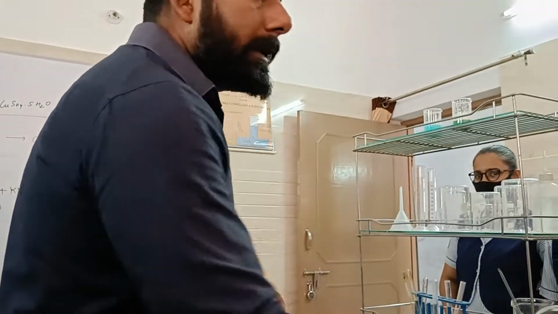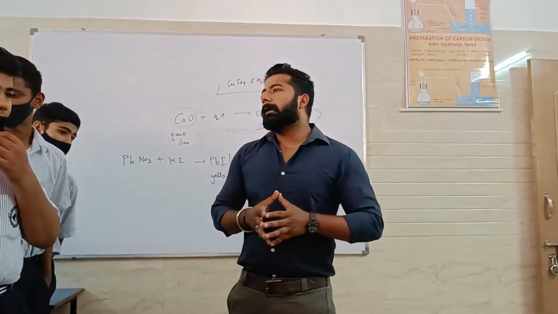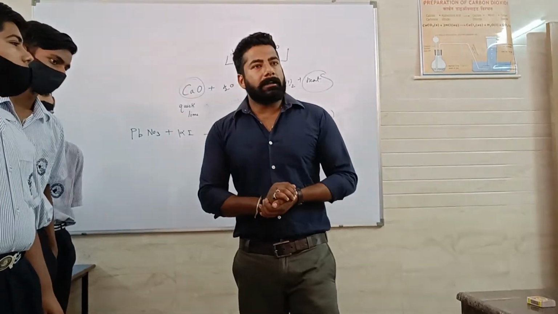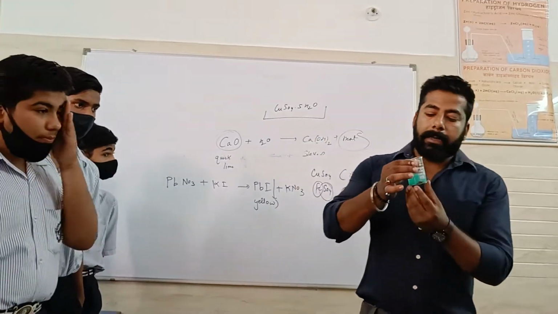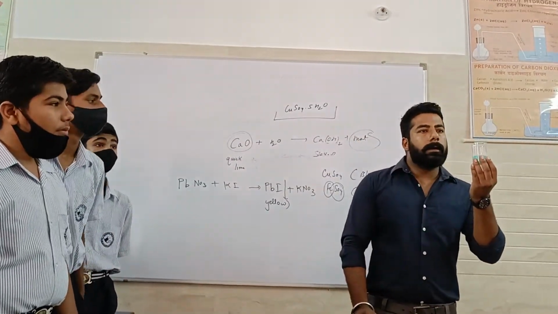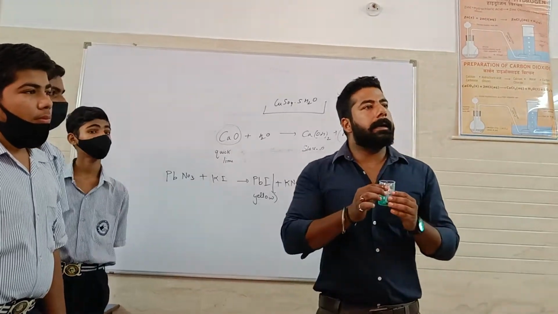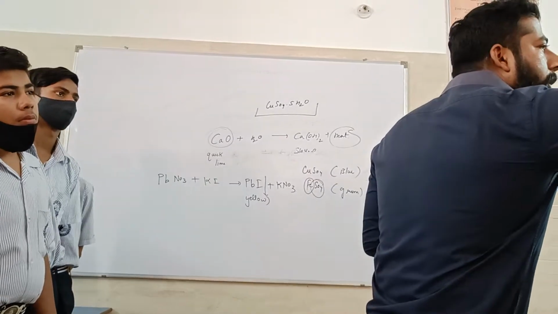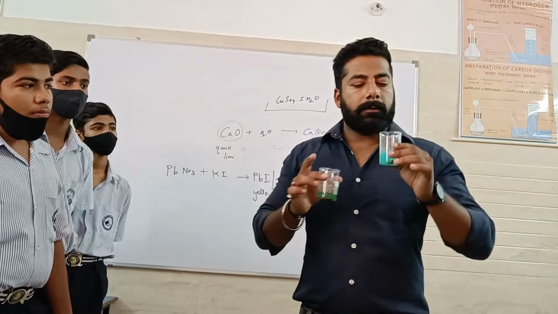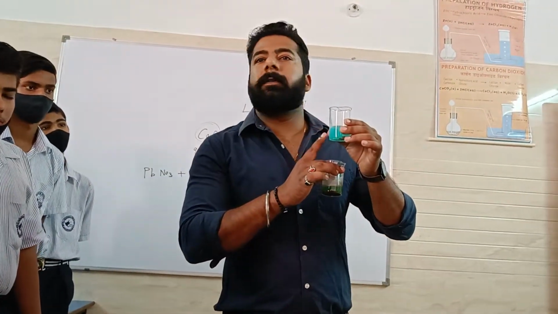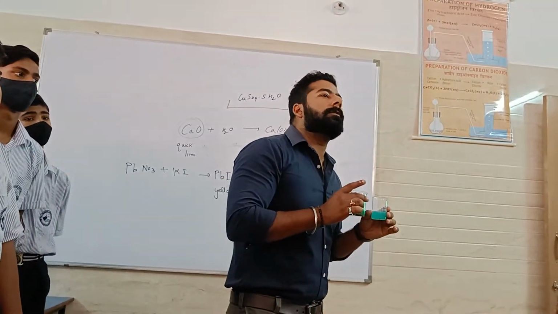So these are the two activities which we performed, and we have another reaction we are all familiar with, that is the displacement reaction. So what is a displacement reaction? We have a simple example. When we take a copper sulfate solution, which is blue in color, and add some iron nails to it, the blue color of the copper sulfate solution changes into the green color of ferrous sulfate solution. Copper sulfate is also known as copper sulfate pentahydrate, and whenever water is added to it, it becomes the aqueous solution of copper sulfate.